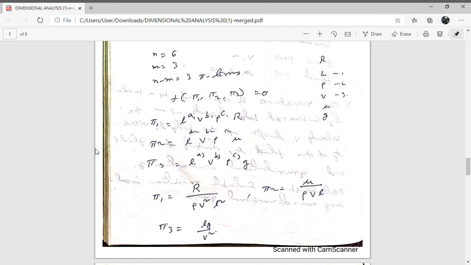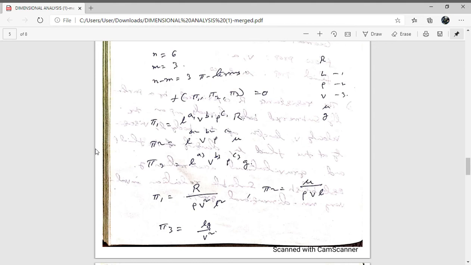So length, density and velocity we can take as repeating variables. That's why in all the pi 1, pi 2, pi 3 terms, length, velocity and density will be there. The fourth term: in one pi term we take resistance as a non-repeating variable. In the second pi term we take mu, and in the third pi term we take